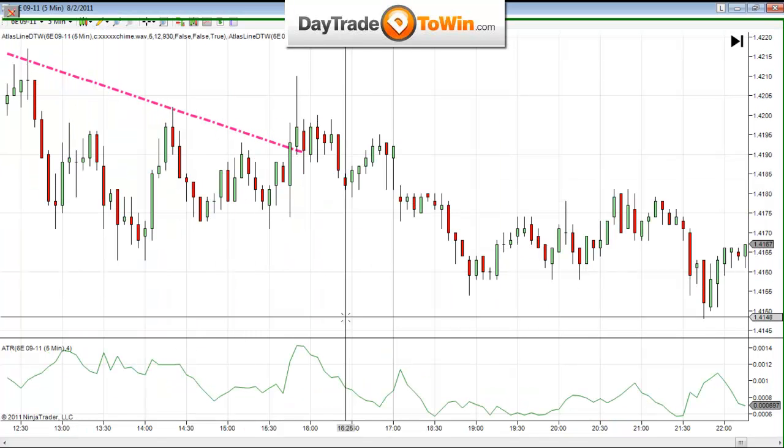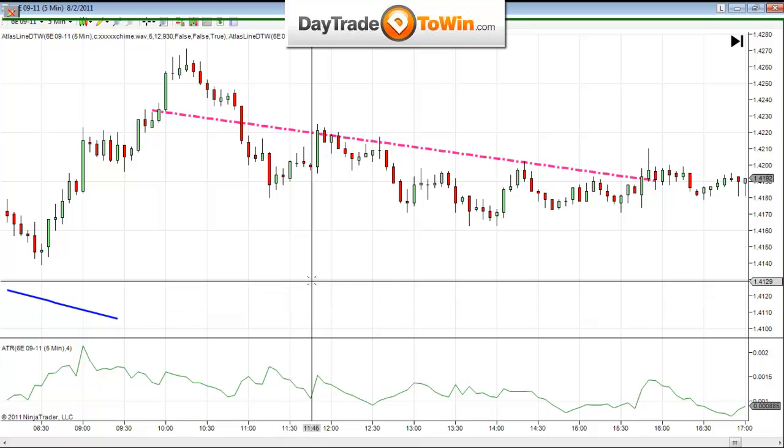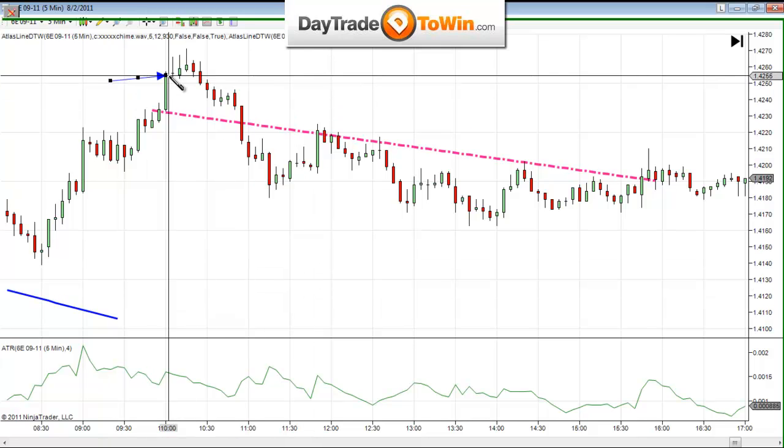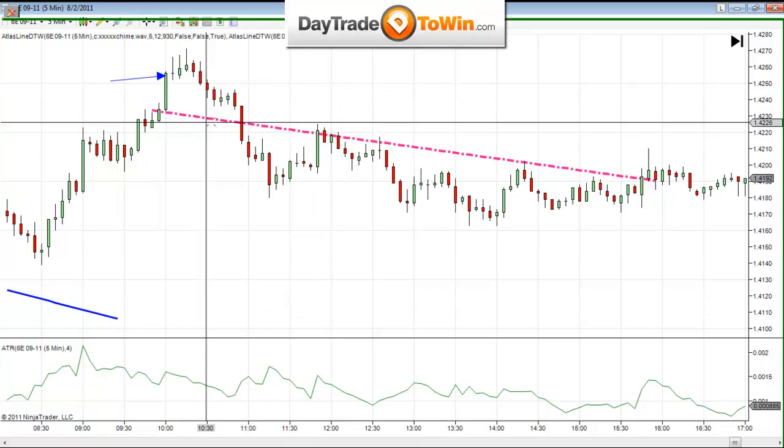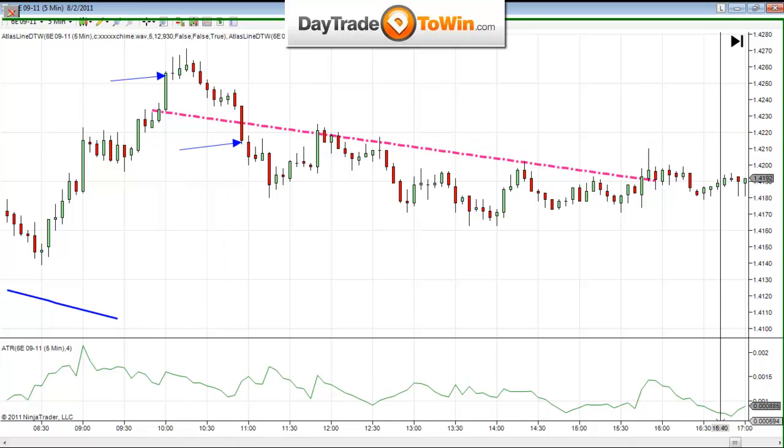I only look at price. And so I like to look at this. When price crosses above the Atlas line, give me a reason to go long. Give me a reason to go short. Give me a reason to bounce off the Atlas line to the downside. It's a bounce trade right there. I want reasons. I don't want to hope that it's going to go in my favor. I want to absolutely know this market's going to go up or down and why.